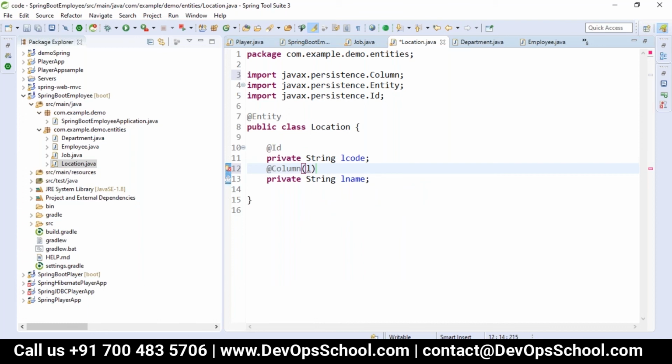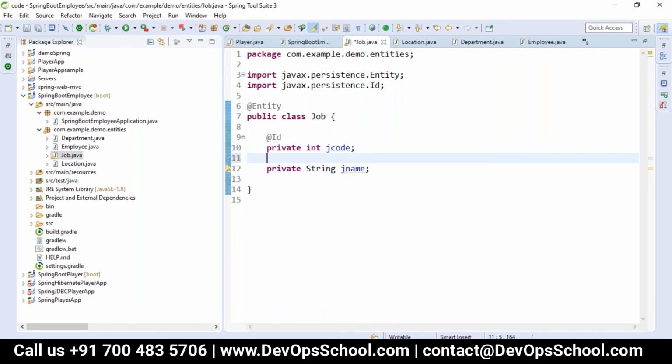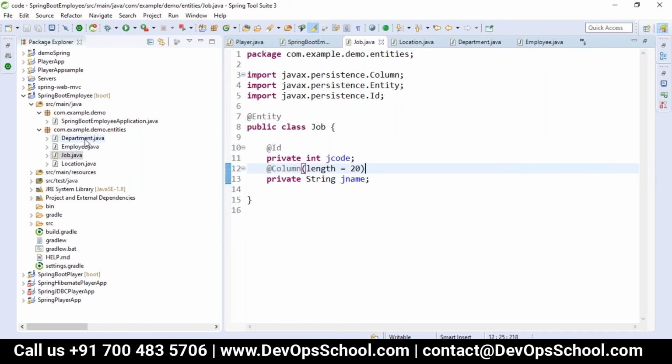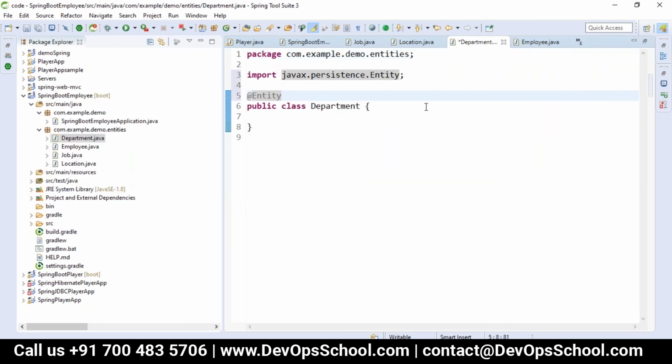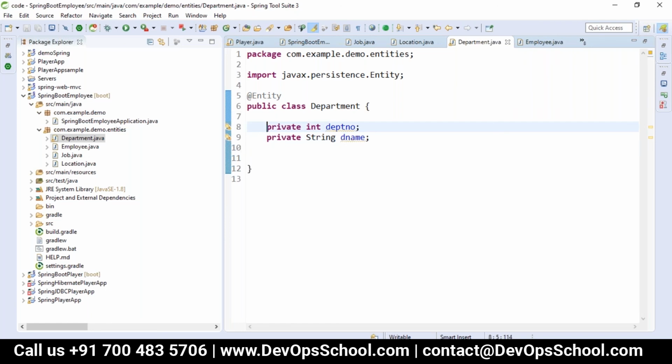If you want to restrict it, we can take length as like 20. So in the department, DPT number, D name. So afterwards, the department has a relationship with the location.